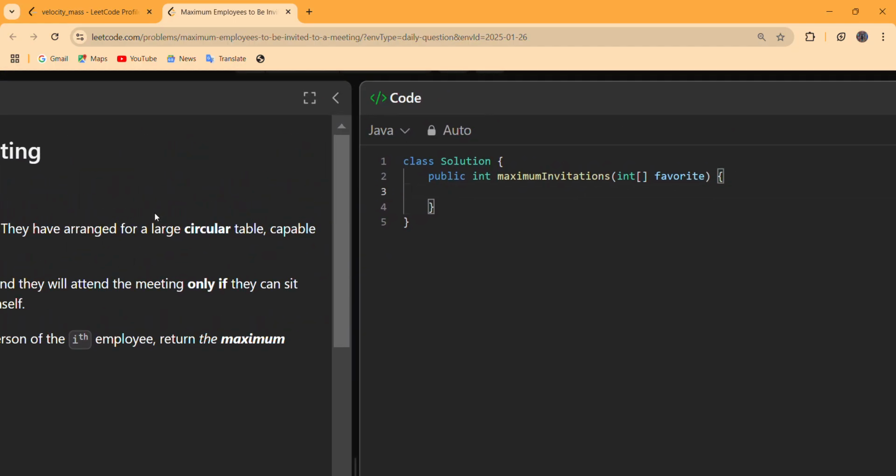Solving this in Java, we will first find the adjacency list. So basically this favorite integer array is actually the adjacency list given to us. So first we have to find this length. What could be our step 1? Step 1 is to initialize the required arrays, and the required arrays for us should be